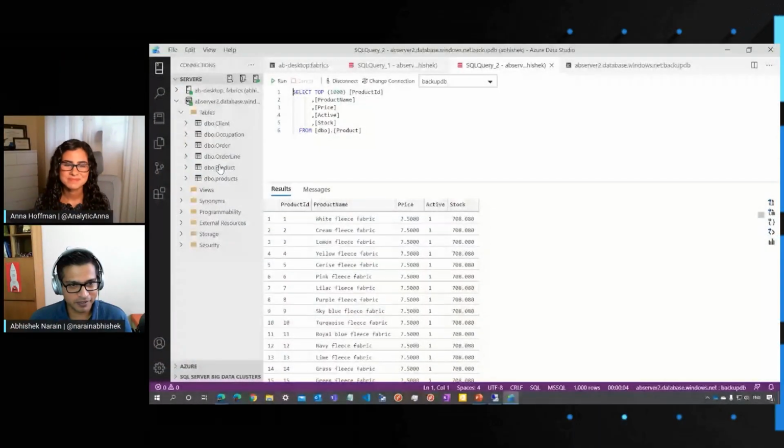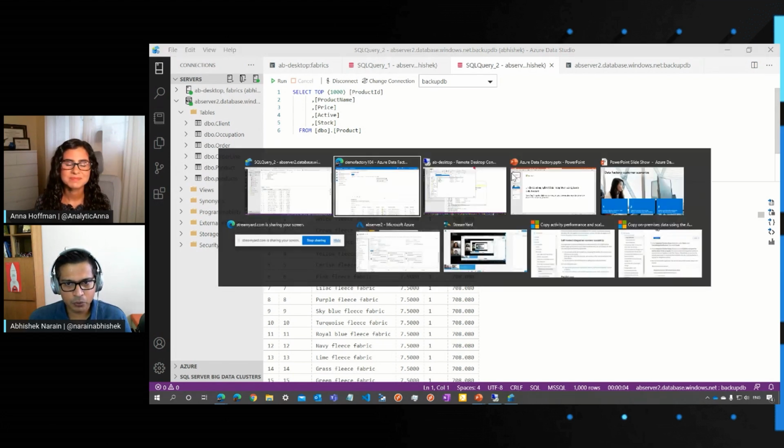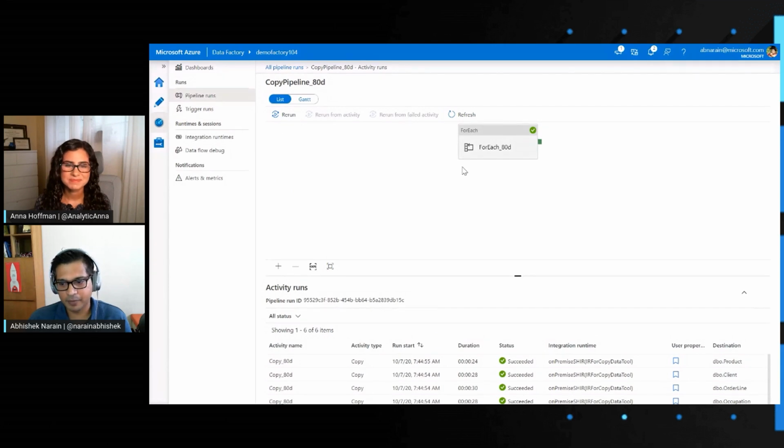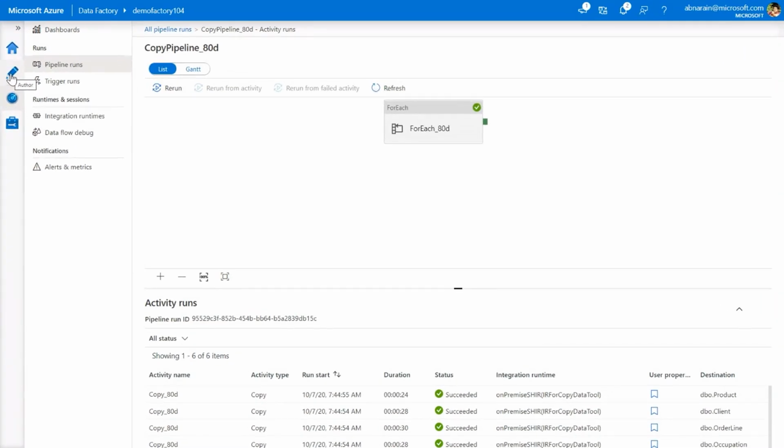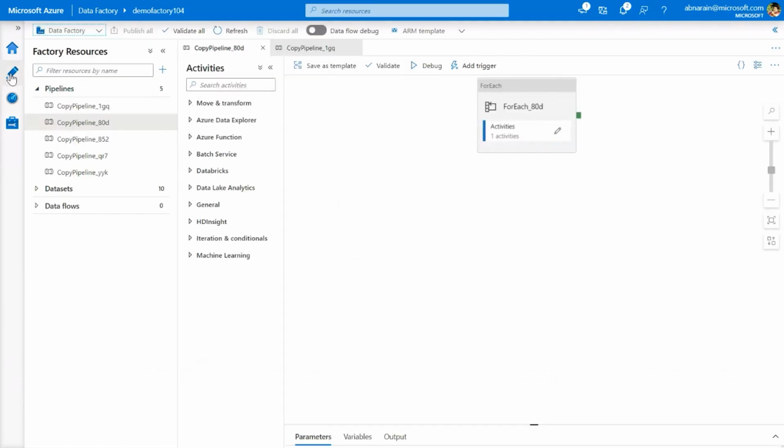Absolutely. Before we go there, here's a quick validation of the data. Here's the list of tables that got created and the data in there. So we are good with that. Now let's get back to how we set up this whole environment of the self-hosted integration runtime. It's very easy, and you can do that setup in just a few clicks. You need to know that you still need some permissions to install software on one of your machines, and that's all you need.